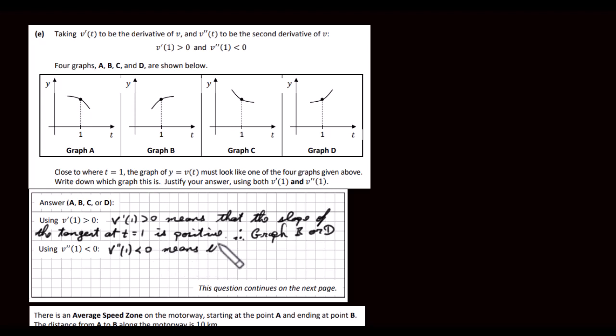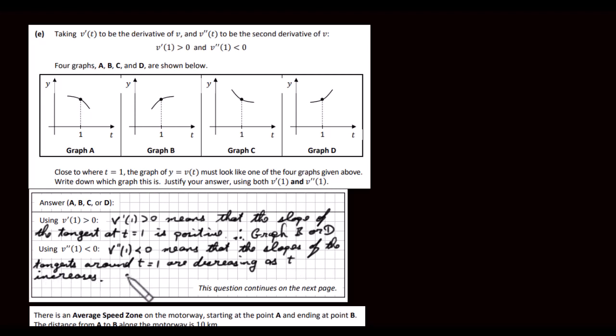means that the slope, or the slopes if you like, of the tangents around t is equal to 1 are decreasing as t increases. Therefore, we would be looking at graph